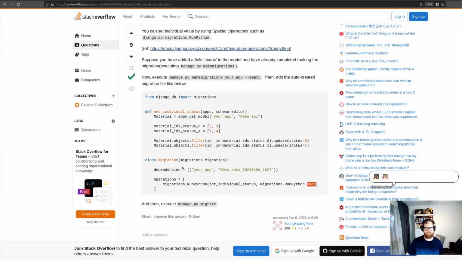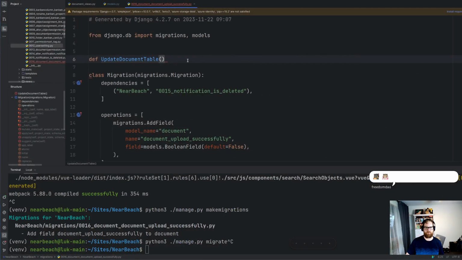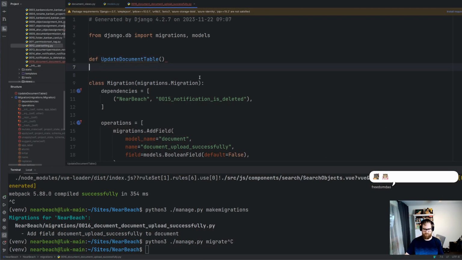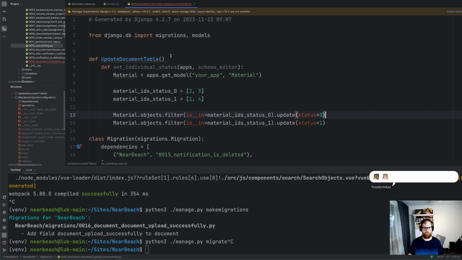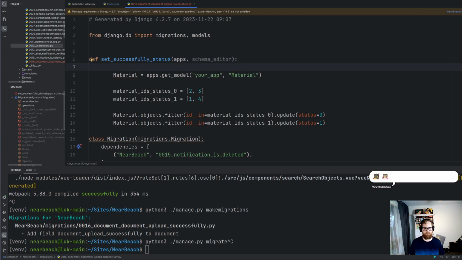And sorry, I'm just, apps, schema editor. So I'm just going to copy this. This is going to be 10 times simpler if I just copy. All right, set successful status. All right, straight away, what we want is